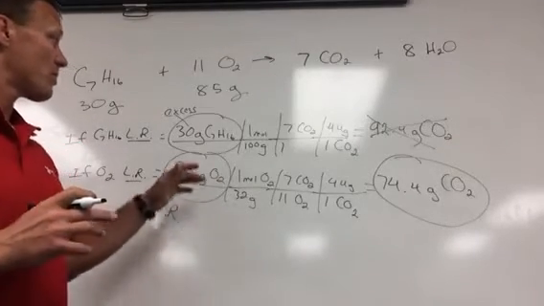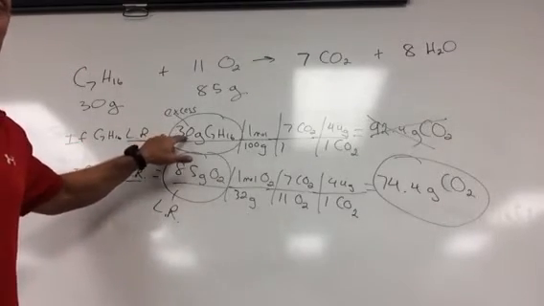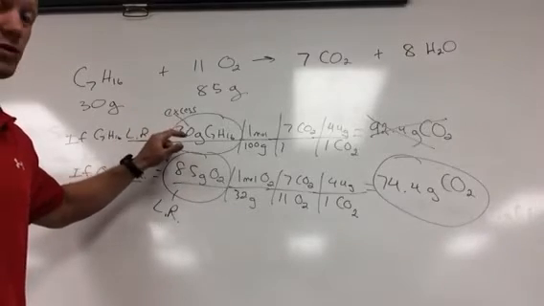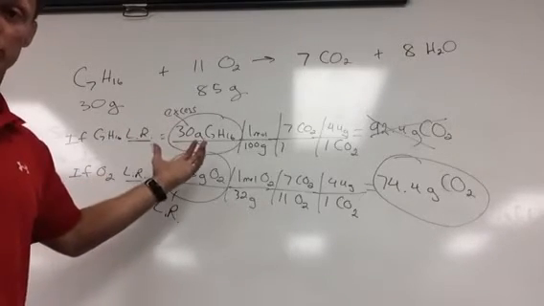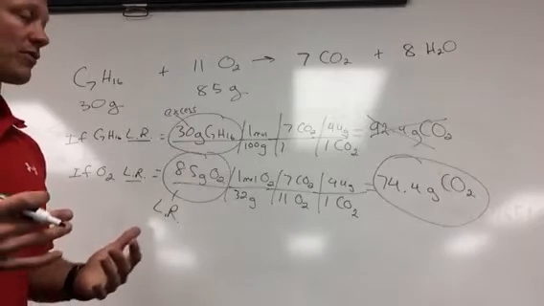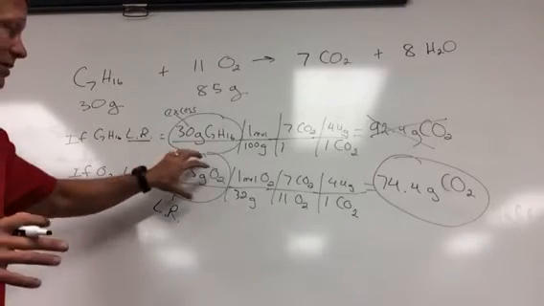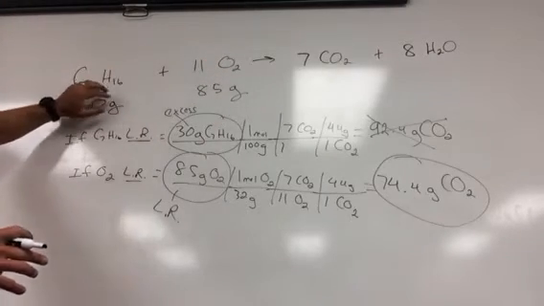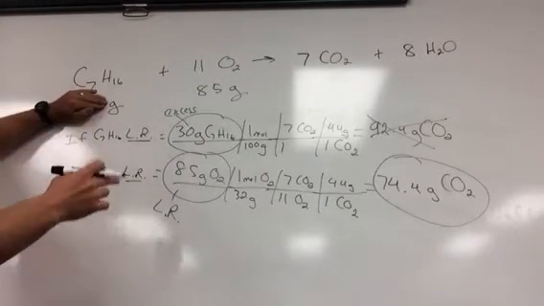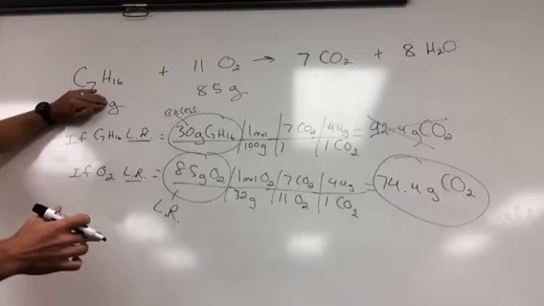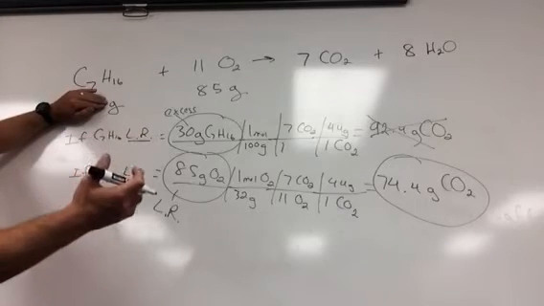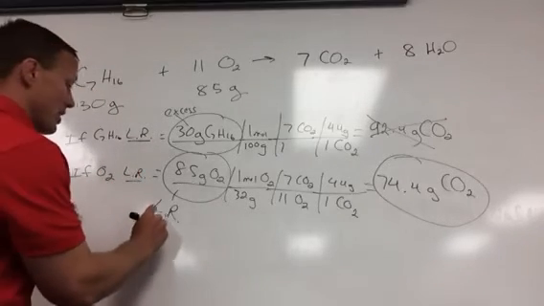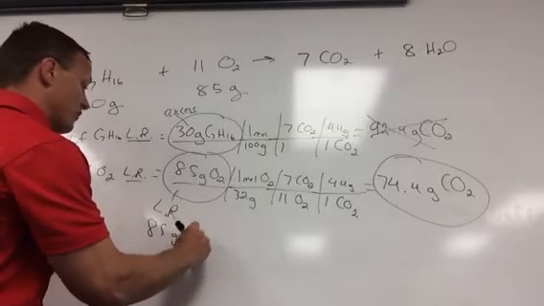C wants to know how much of these 30 grams are going to be left over. So how much is going to be used, how much will be left over. So if 20 grams were used, that means there's about 10 grams left over. I always start with my limiting and go to this. So I'm going to start with my 85 grams of this, go to grams of this. That would tell me how much of this was used in the reaction out of the 30 grams that were available. So again, start with my 85 grams of O2,